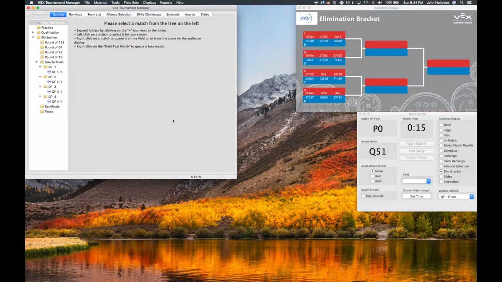And in this video we're going to be discussing running elimination matches. So running elimination matches is mostly like running qualification matches, but there are a few important differences that we should go over. The first of those is that matches don't show up in the list of matches here until